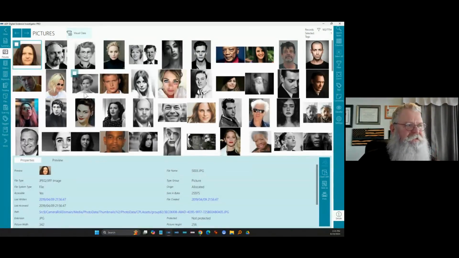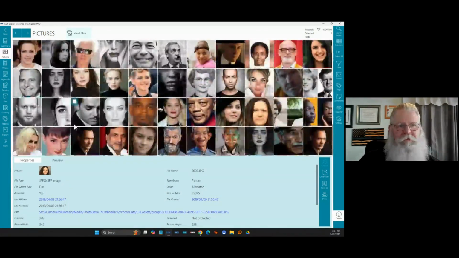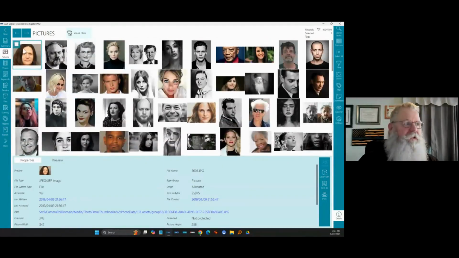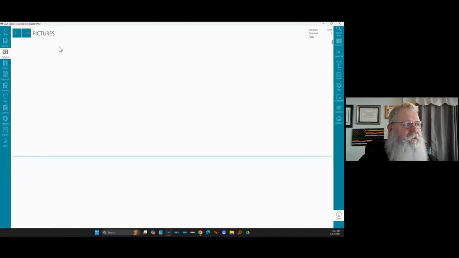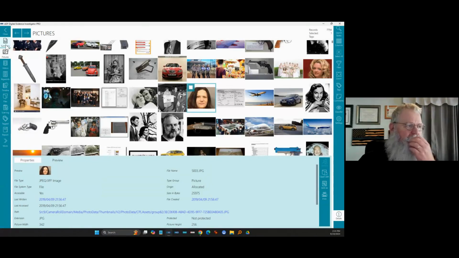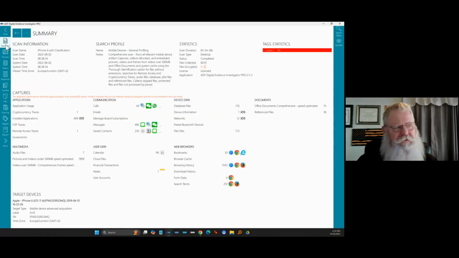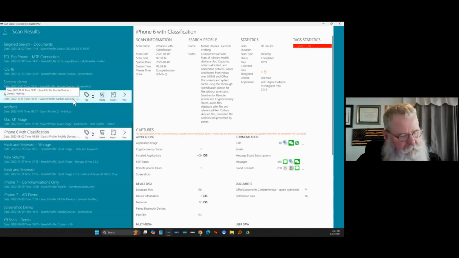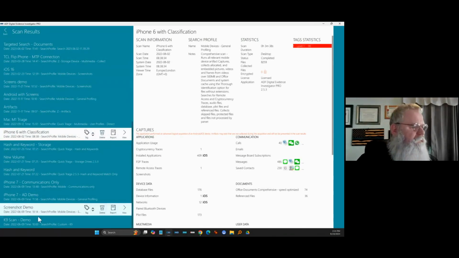So that's kind of just a quick, if you're looking for something specific with the classifier, that's a pretty good example of how that works. And I have a couple other classifications to show you here as well. Let me,